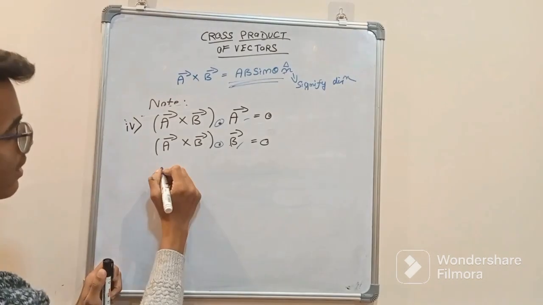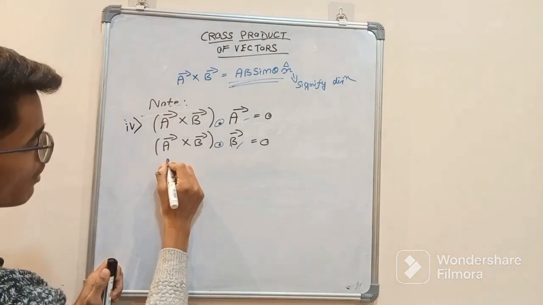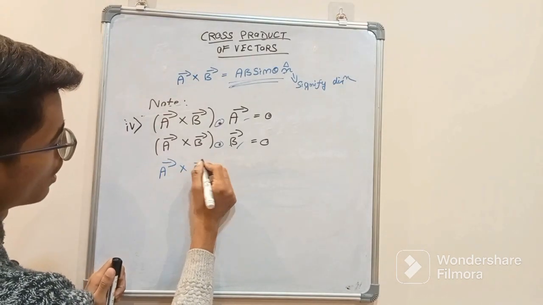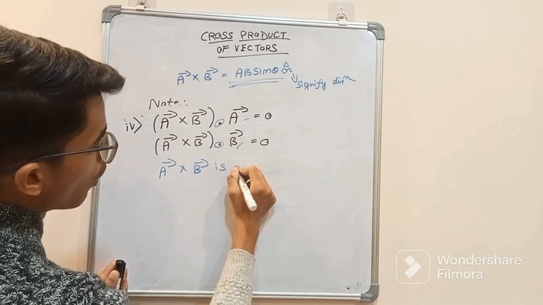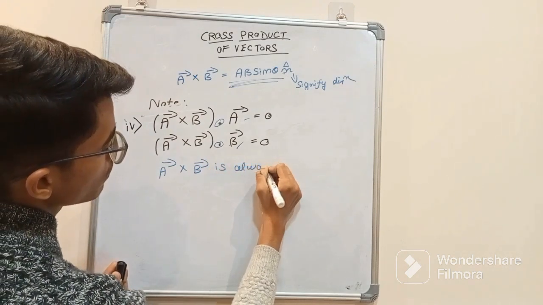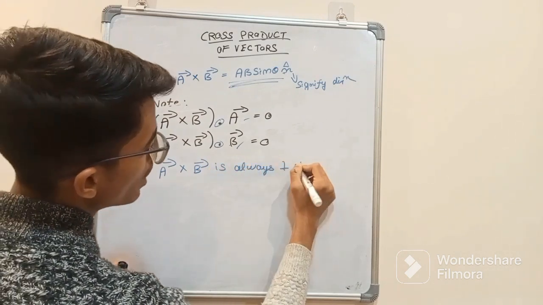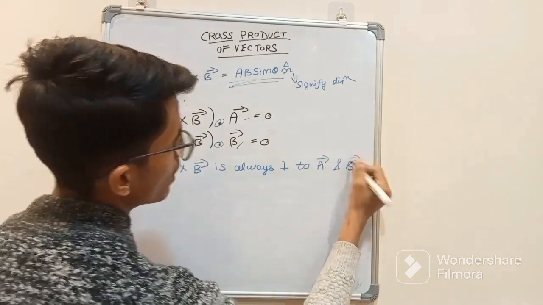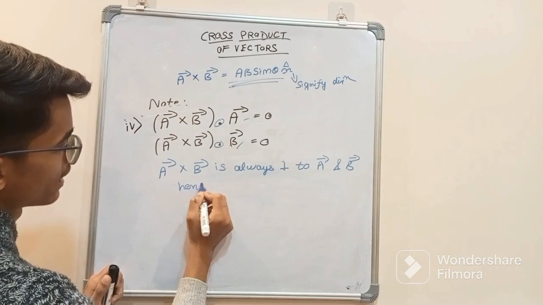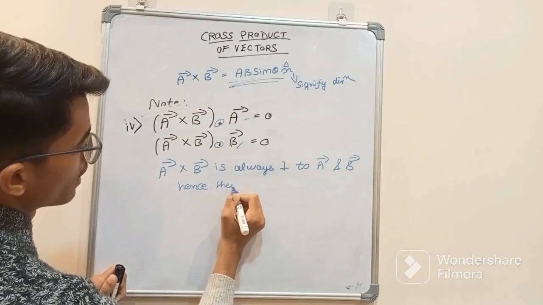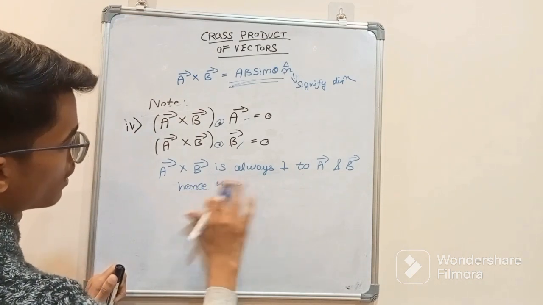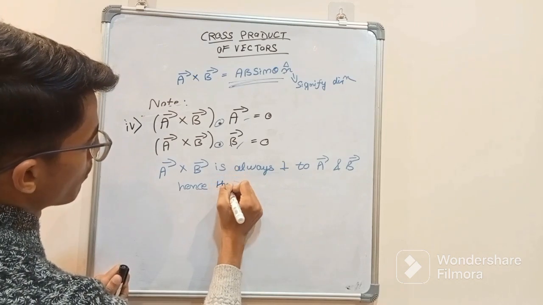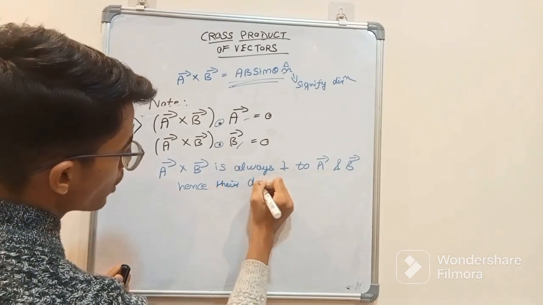The reason we can write this is A vector cross B vector is always perpendicular to A vector and B vector, hence their dot product